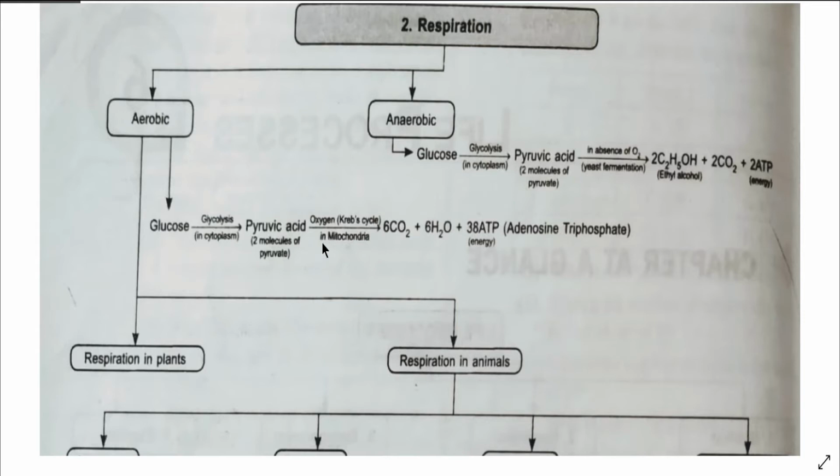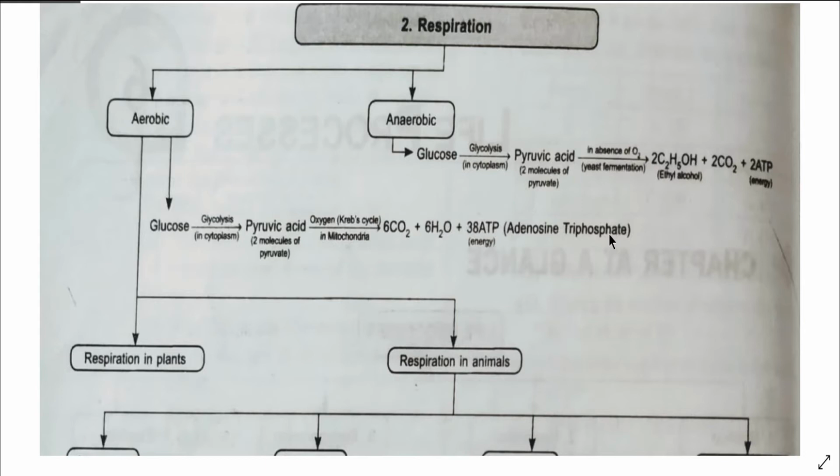Then in the mitochondria of the cell, this combines with the oxygen. Combined with the oxygen means oxidation of pyruvic acid takes place, and it gives carbon dioxide, water, and releases the energy. There are 6 molecules of carbon dioxide produced, 6 molecules of water, and energy is released. This energy is stored in the form of ATP. So during the aerobic respiration, 38 ATP molecules are formed. What is the ATP? Adenosine